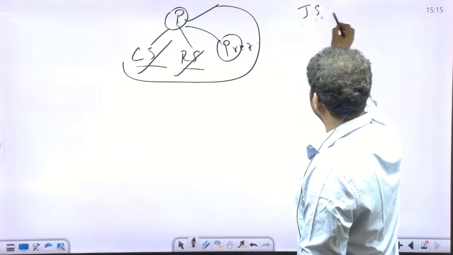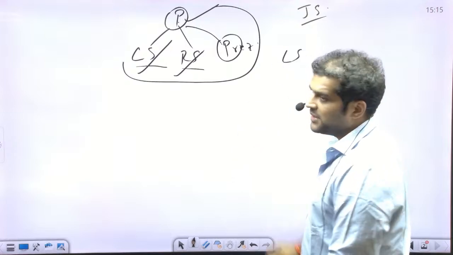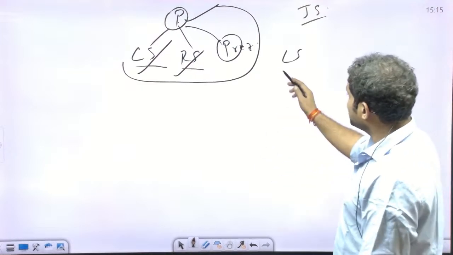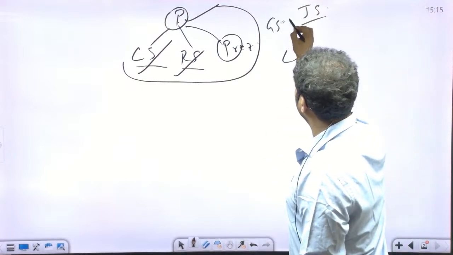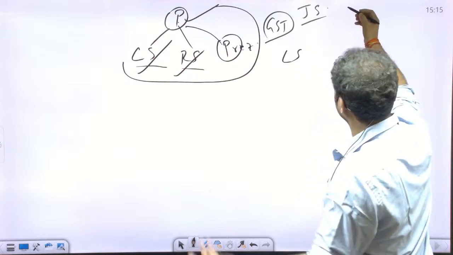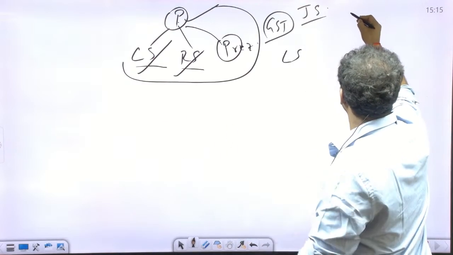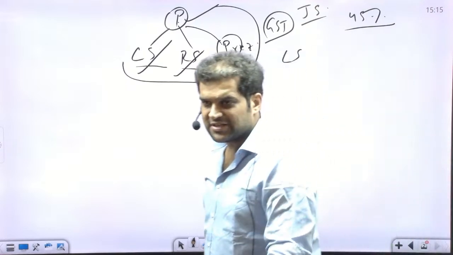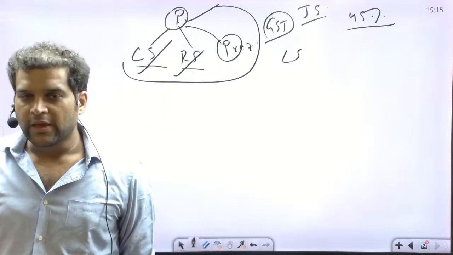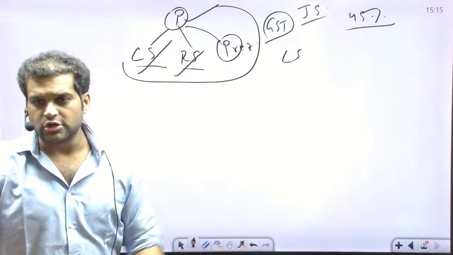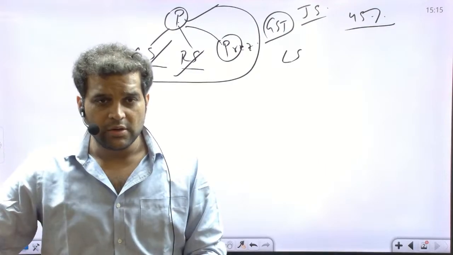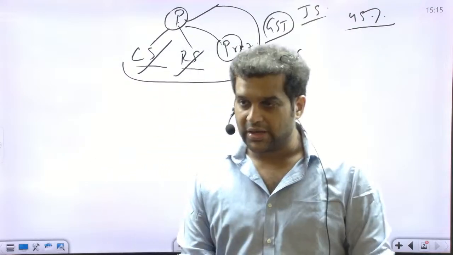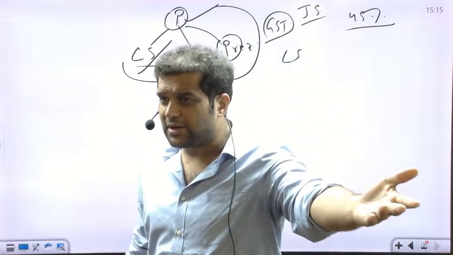Joint sitting means, let's say, Lok Sabha passes a bill. All right, any bill, Lok Sabha passes a bill. Let's say there is an amendment in GST Act. There is a need to introduce another GST slab of, let's say, 45%. The government wants to introduce another GST slab of 45%, for example. Now, for this, we need an amendment to the constitution, and for this, we need a bill, and that bill gets introduced in the Lok Sabha and it gets passed in the Lok Sabha. Let's say, for example, now that bill will go to Raj Sabha, right?